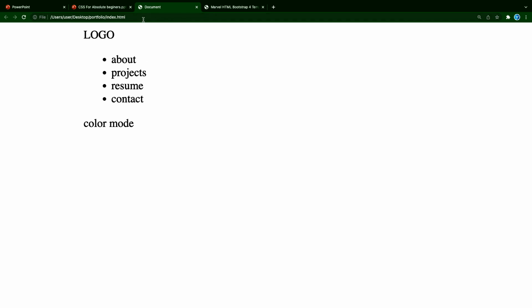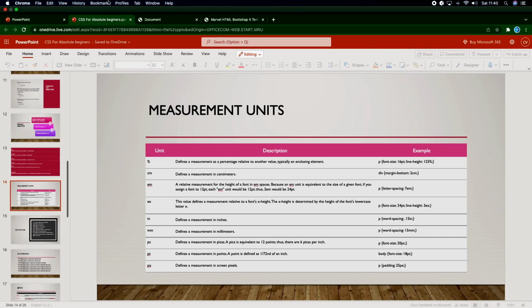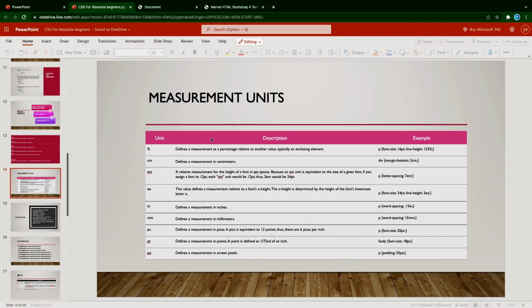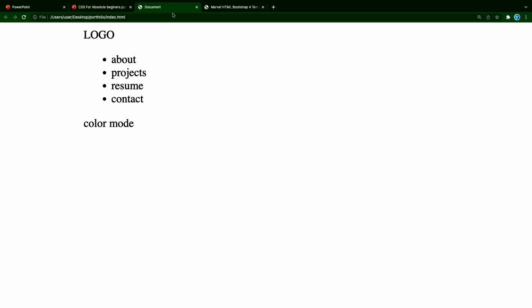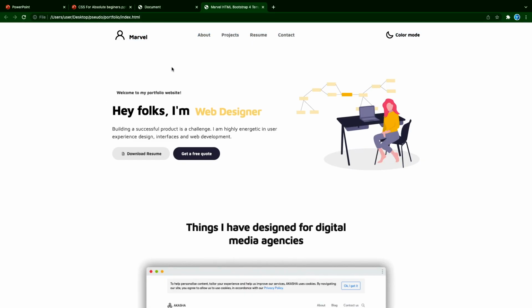You can see everything is being centered, but you will notice everything properly soon. So these measurement units, as you see on your screen, it's all about calculating, or being calculative with your website. If you notice, this website is being centered in the middle. There's a space here and there's a space here. So the measurement units in our case